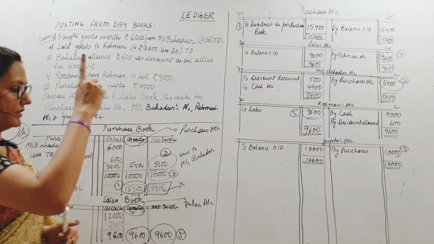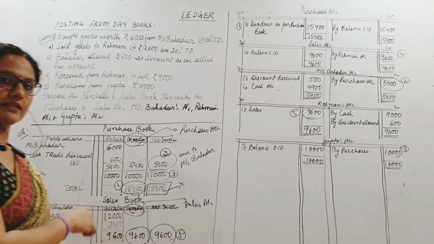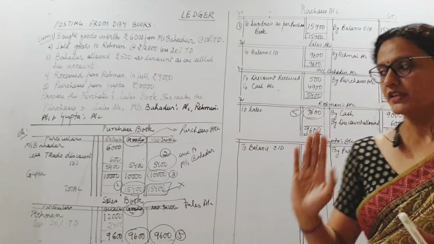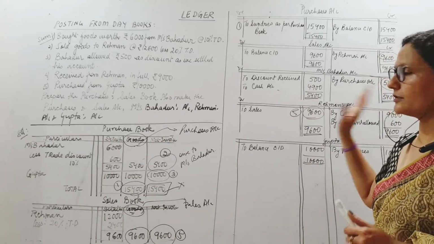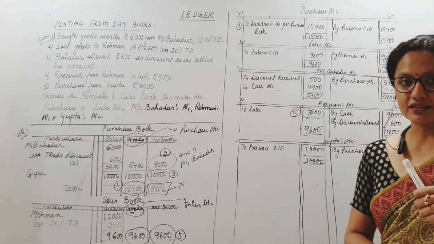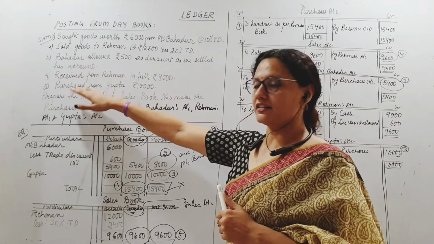Alright? So here, done. Now I have posted all the book entries, meaning the sales account and Rahman's account, meaning debtors. All debtors will be posted. So this is how I have picked up amounts from the purchase book and sales book and put them in their respective accounts. Fine. But the sum does not end there. We also see some other transactions here.